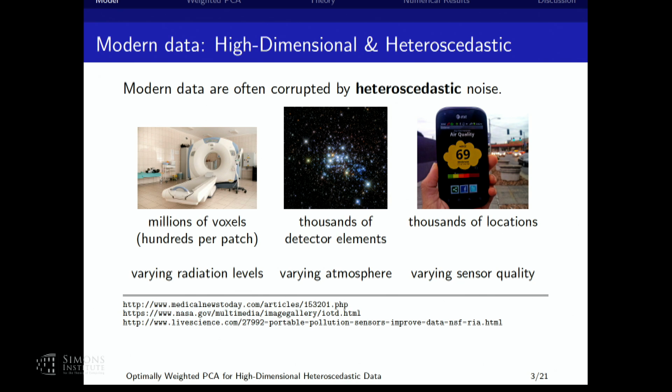In astronomy, different data points have different noise variance because the atmosphere changes depending on the evening that certain measurements are taken. And in sensor networks, there are very often high-quality weather monitoring stations that are carefully calibrated and whose noise level can be controlled, but other very low-quality sensors that have much higher noise. So in all these cases, we would like to be able to learn from all the data together, but because of the different noise levels, we need to do something clever in order to handle that.